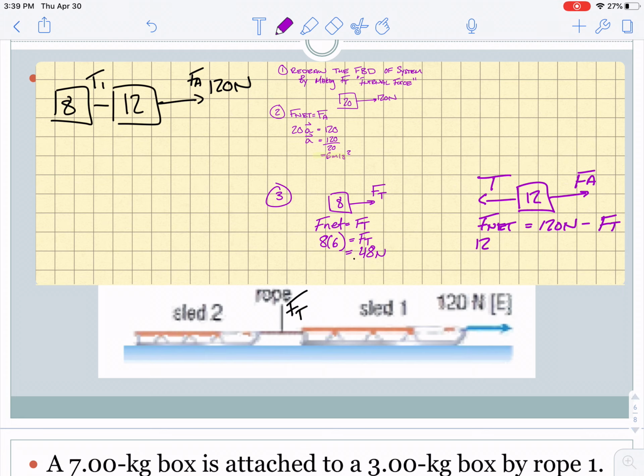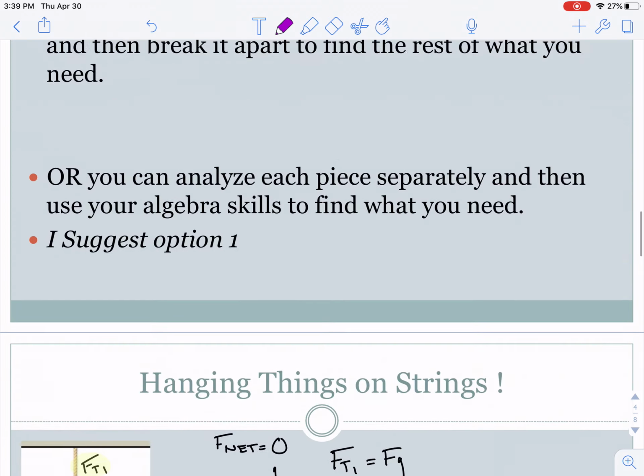I also know that 12 times 6 equals 120 minus Ft. So I can rearrange this and say that Ft is equal to 120 minus 12 times 6, which is 72, also equals 48 newtons. That's excellent, because both ways were able to get us the same answer,